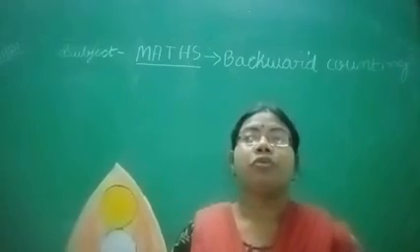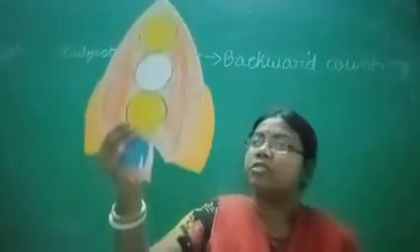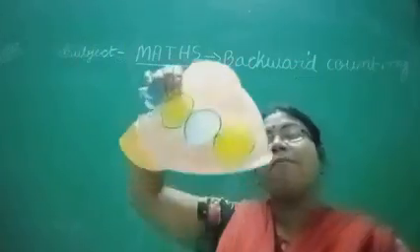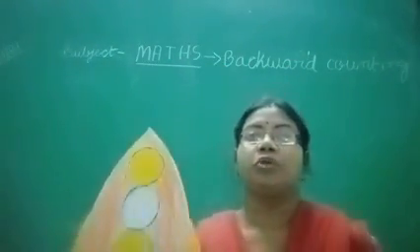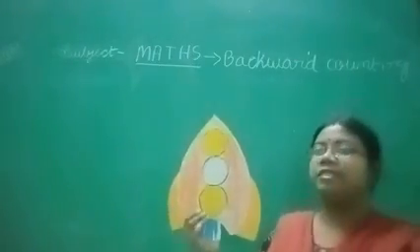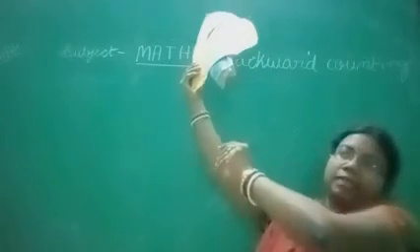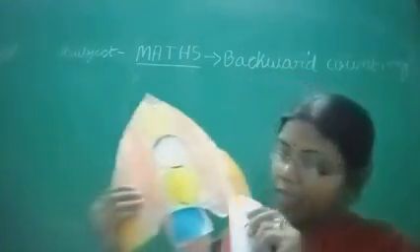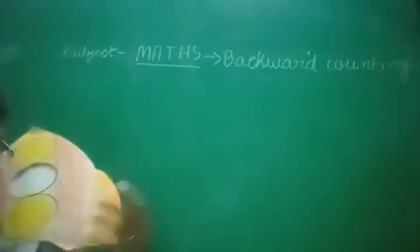So what we will do, we will count the numbers when we go up this way, forward counting. Coming down, we will count the numbers from the back side. For example, I will show you. First you see, this is the rocket. It always goes up like this. So this is forward counting when we are doing this.